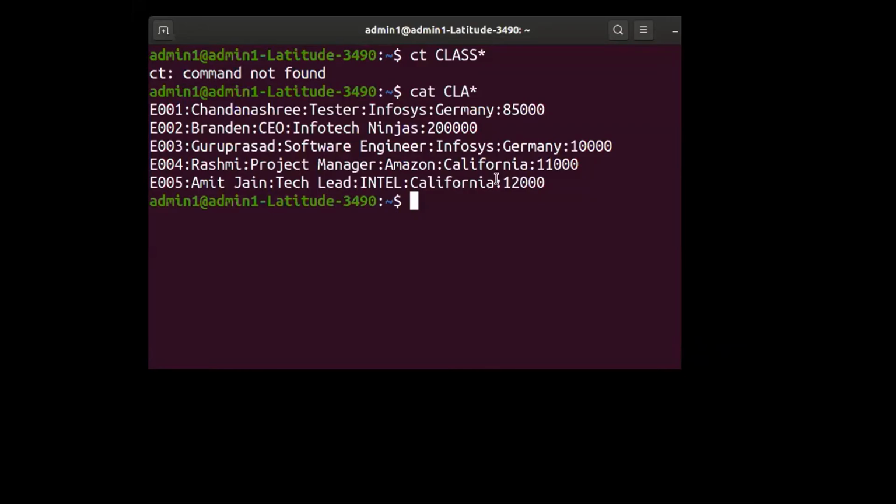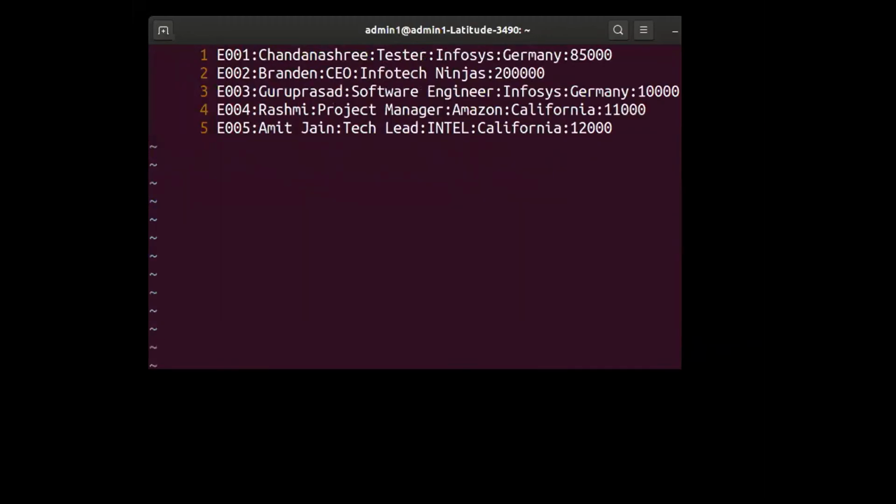I think I have got a question in the chat box. Yes, we have missed out now. That's the beauty of the VI editor and Unix: it will never give you any error message.